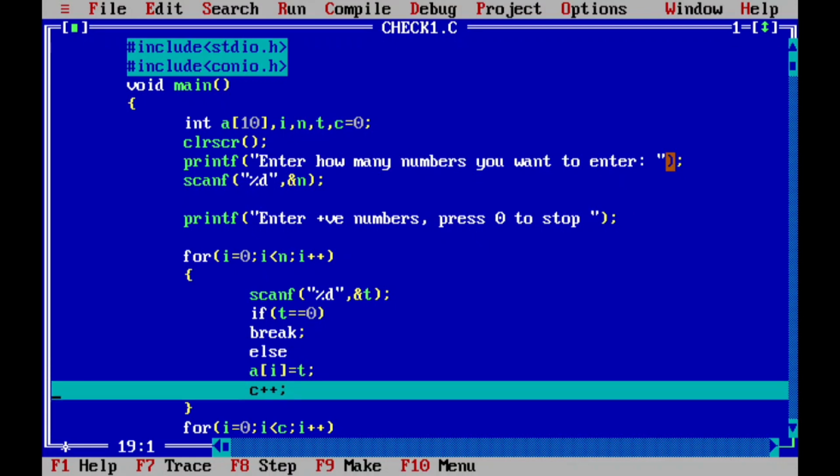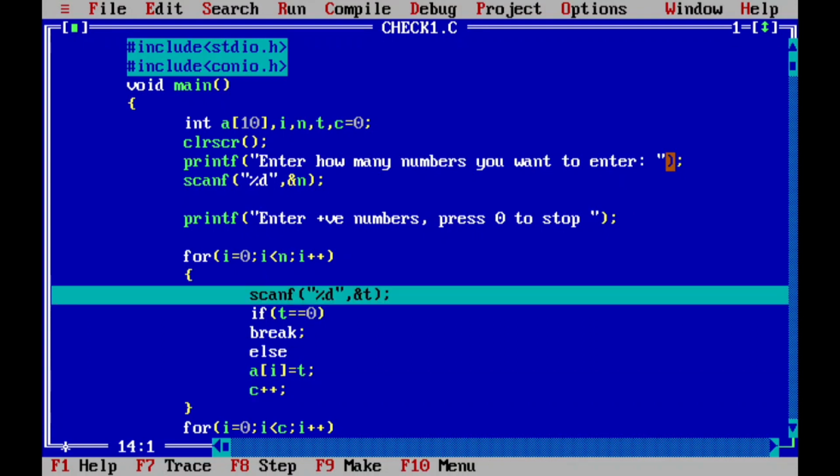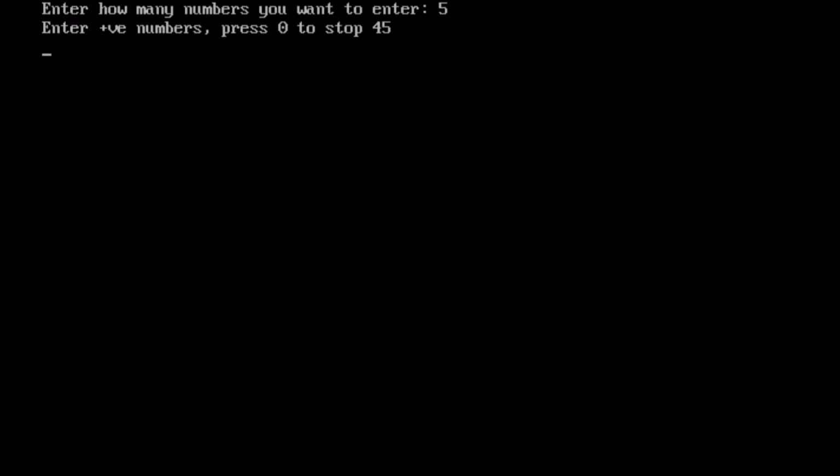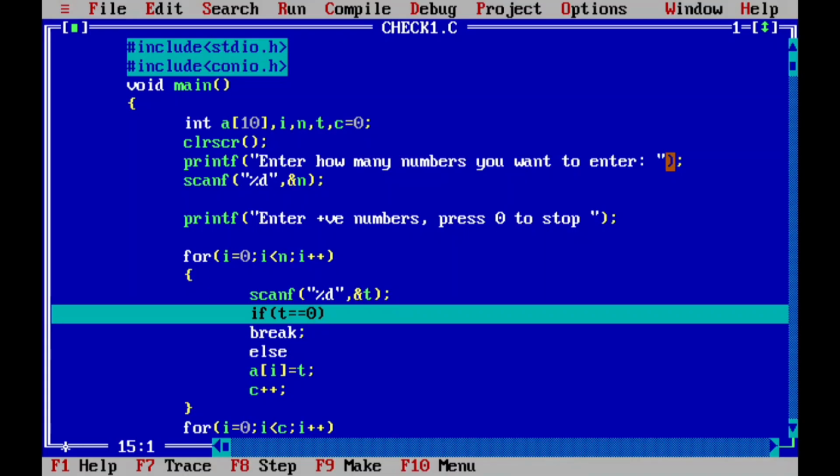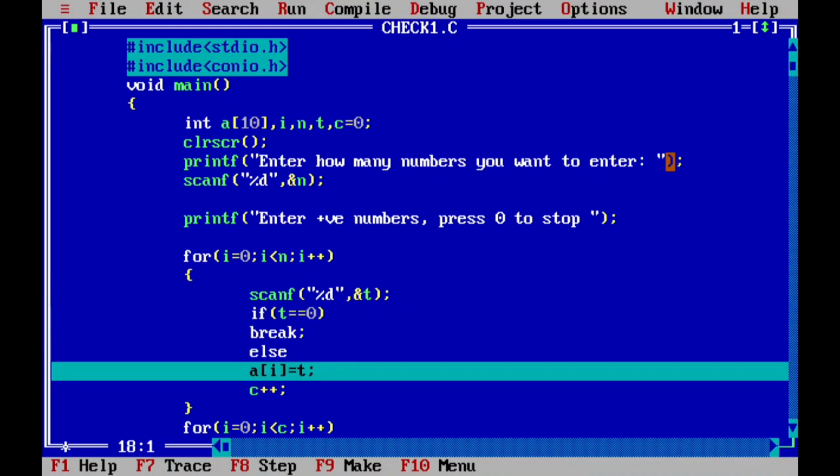Again press F7. So one value is placed in the array, that's why c is incremented. Now again i is incremented and the condition is satisfied, that's why control comes to the scanf statement. Again enter another value, suppose 600, enter. That 600 is not 0, that's why control comes to a of i equal to t.